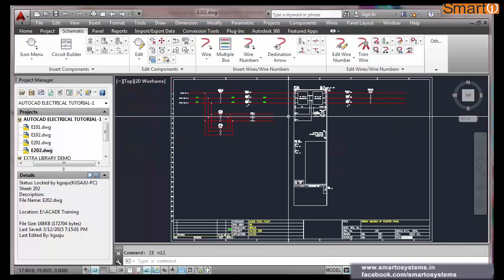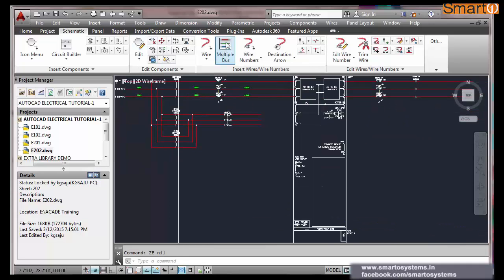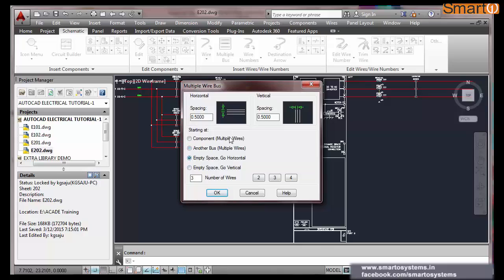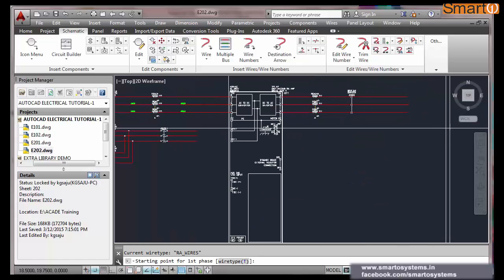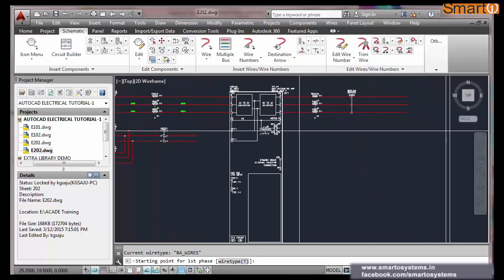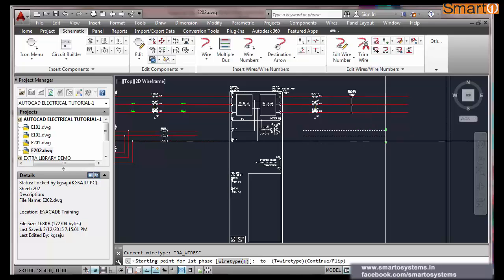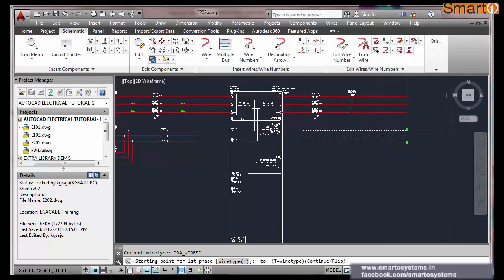Now this is over. Again, empty bus. I don't want to draw these wires above this drive, so I will draw it from here only.